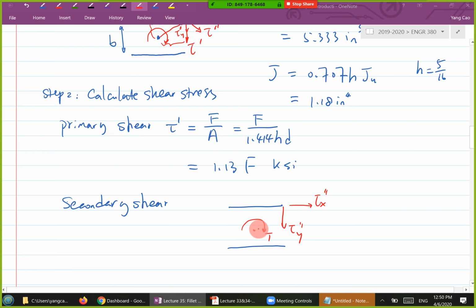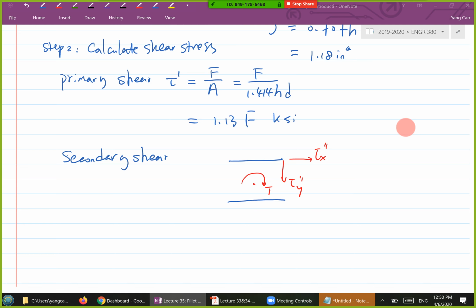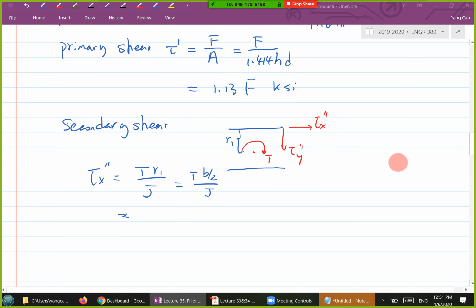So if I do the calculation, tau x double prime is T times this distance, let's call this R1, divided by the polar area. And R1 is just half of the dimension B, right? So T times half of B over J. Substitute everything into this, and you will get